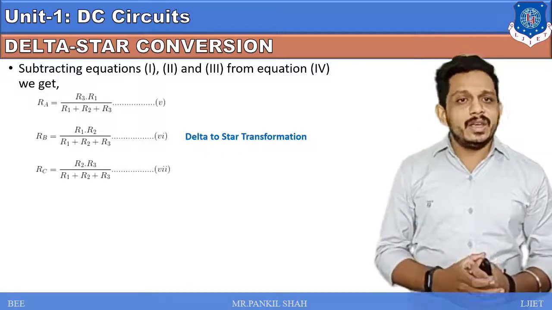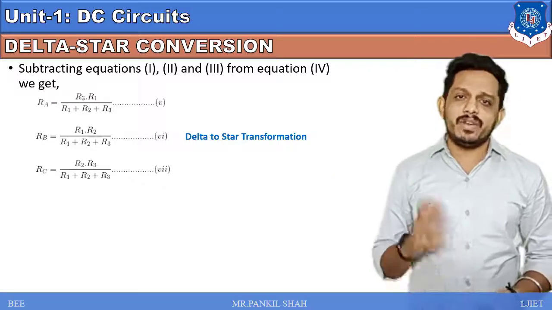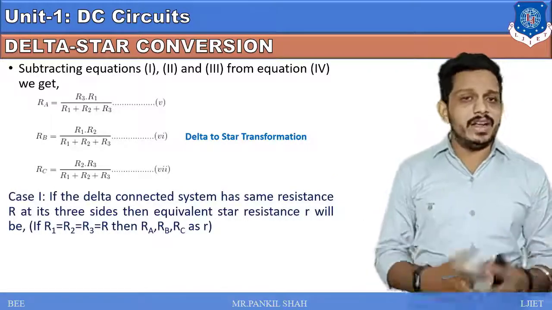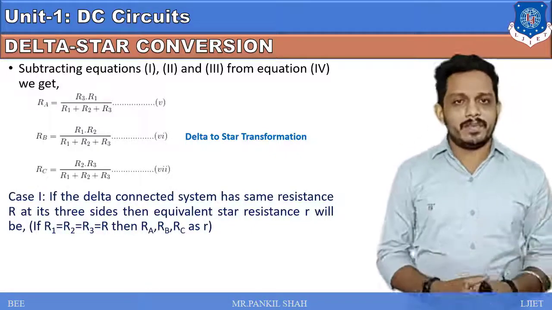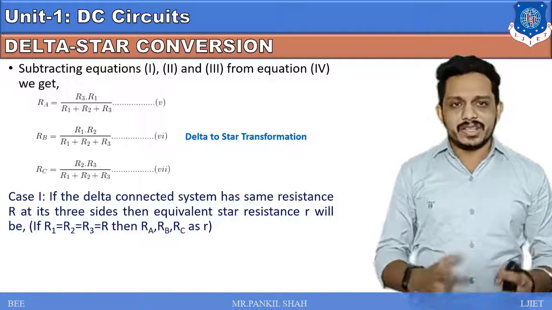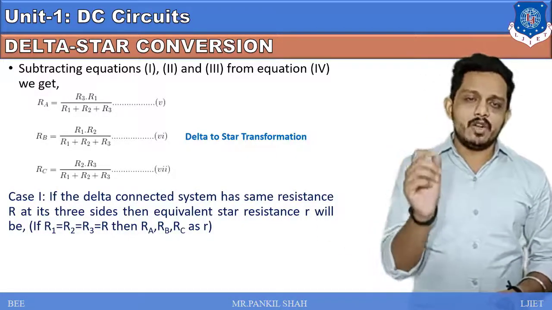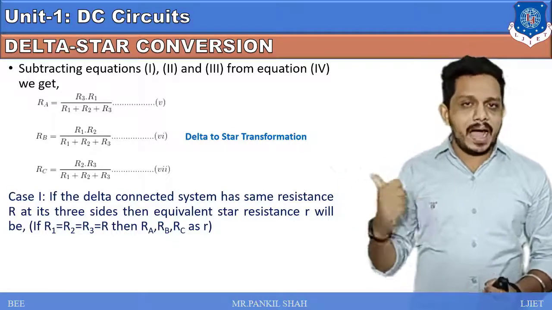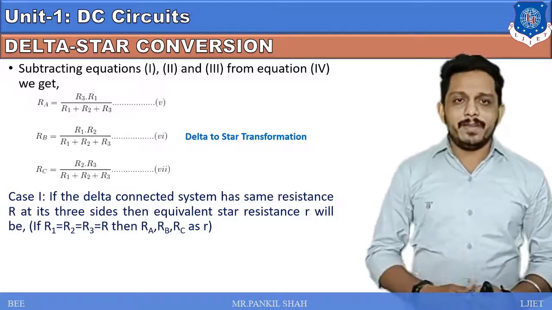So in this way, we can convert delta to star transformation, and these are the equations of delta to star transform. Now what if we have delta, that is R1, R2 and R3, and we want to convert it into star. If our delta connected resistances are having the same value, that is R1 = R2 = R3 = R, then if we put R in this equation, it will be R into R divided by R